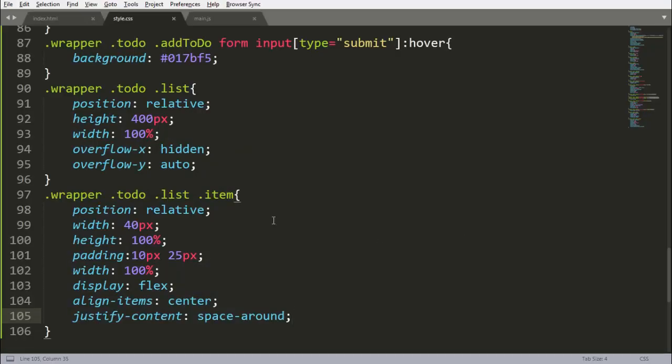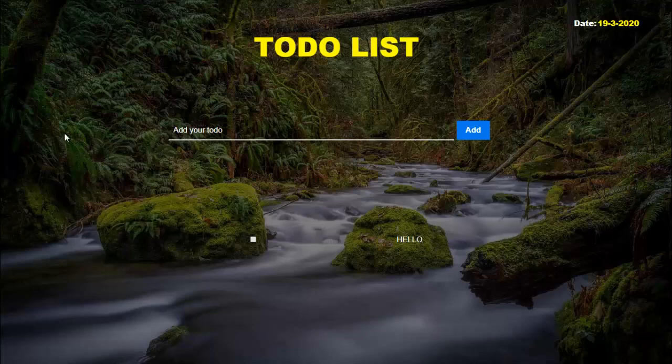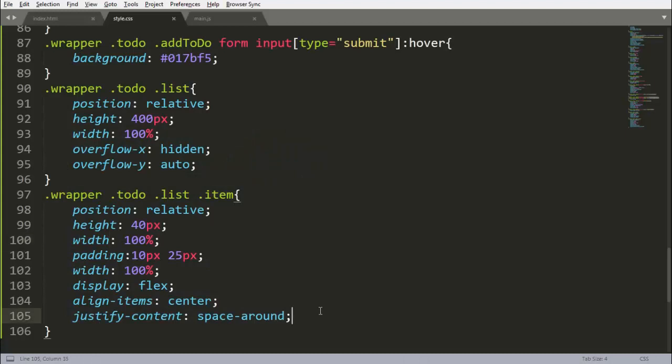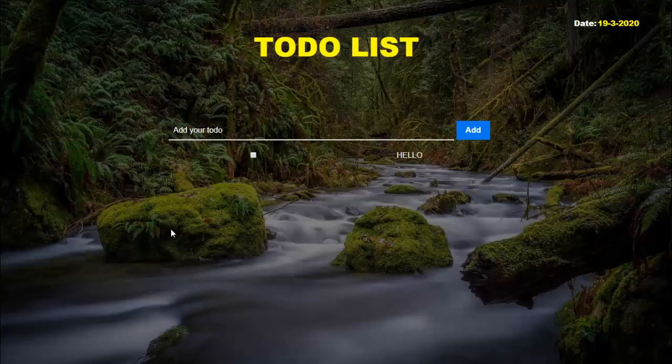But this is not our item; sorry, we want our height 40 pixels and width 100%. Reload this. We are getting it like that, and we want margin for top 5 pixels, 2 pixels is better, and from left and right we want 0. Reload it, it is like that.